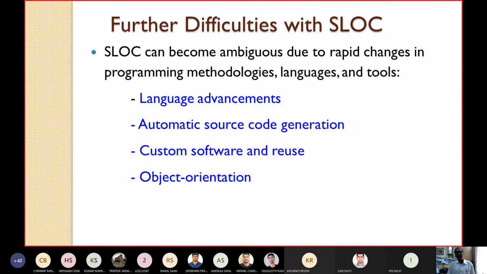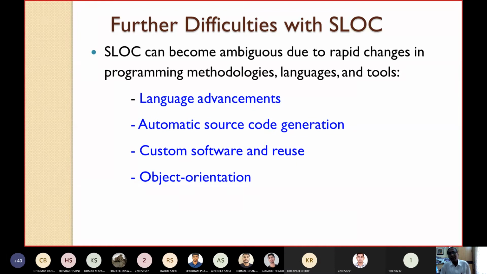Another difficulty is object orientation features, because I have already told you the greatest strengths of object-oriented programming: features such as inheritance, polymorphism, dynamic binding, classes, objects, etc. Take the simple example of inheritance.